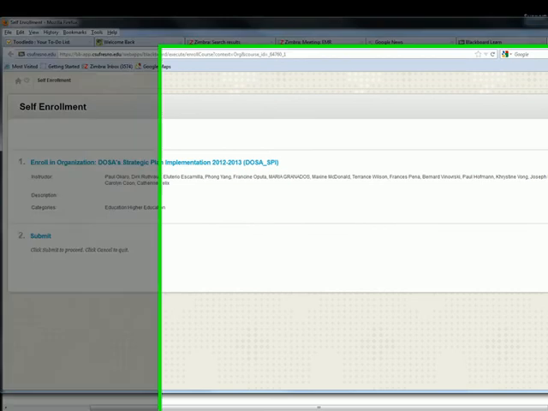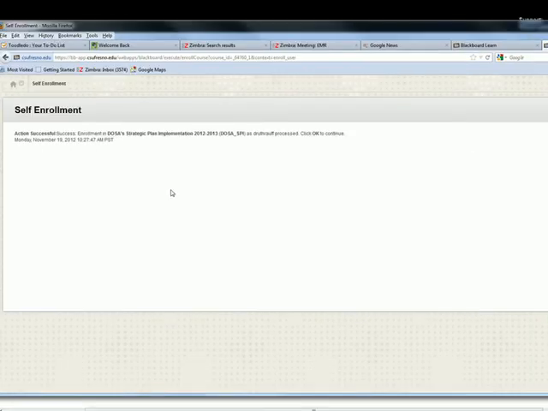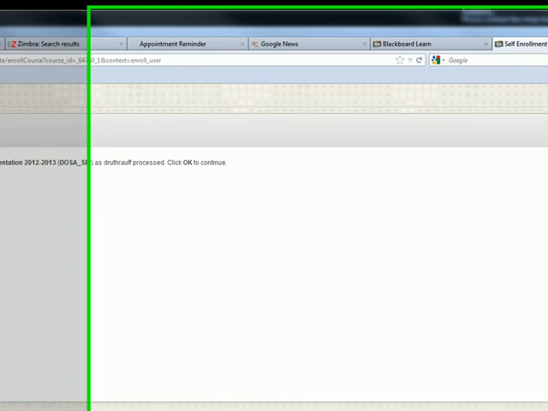The next screen will show a couple of submit buttons. I can choose either one. By clicking on these, I am going to submit my name for enrollment, and I should be greeted with this Action Successful message indicating that enrollment was successful. I can click down here on OK,